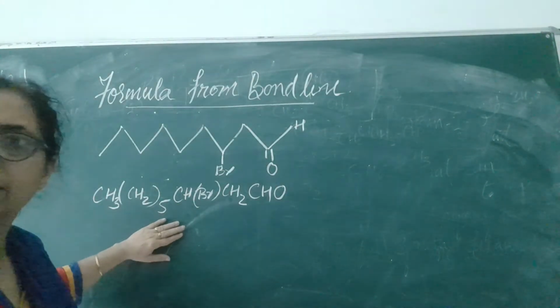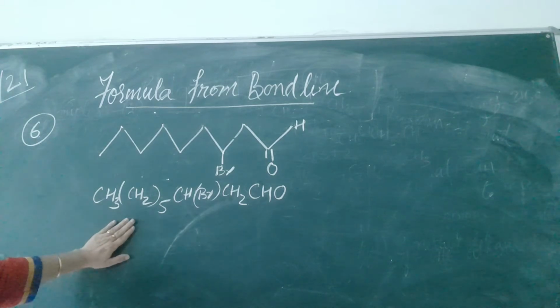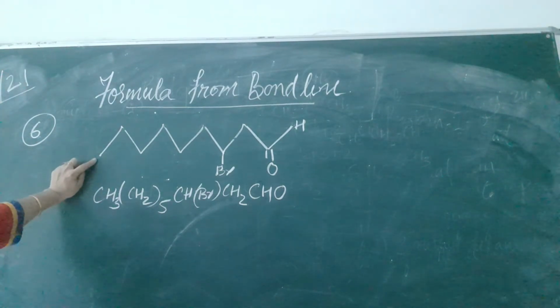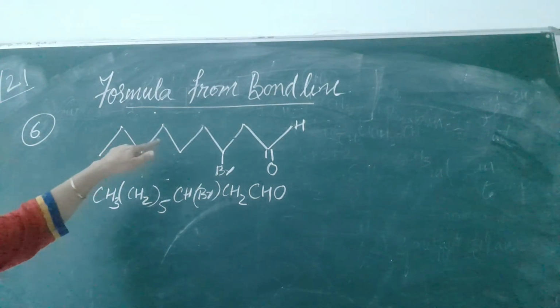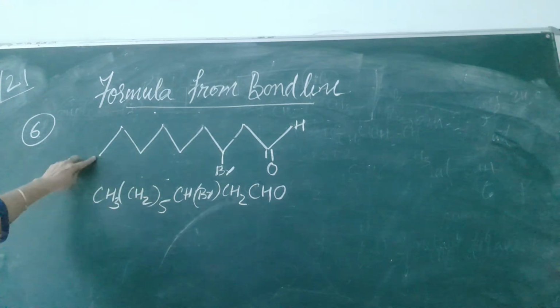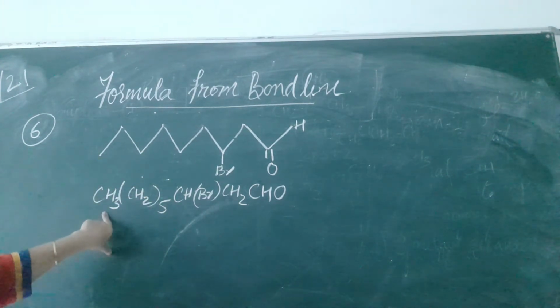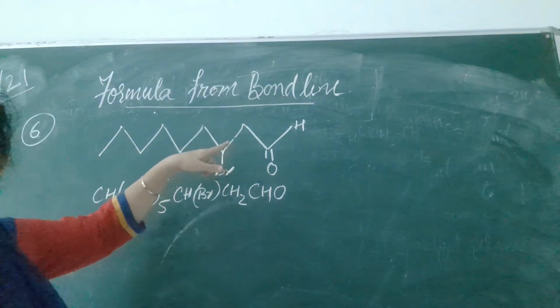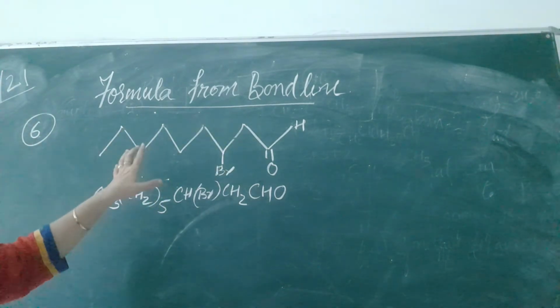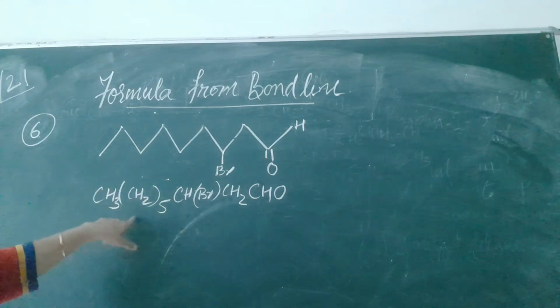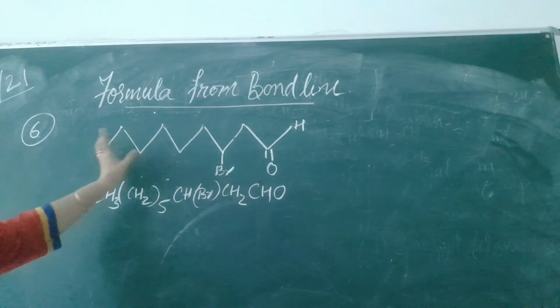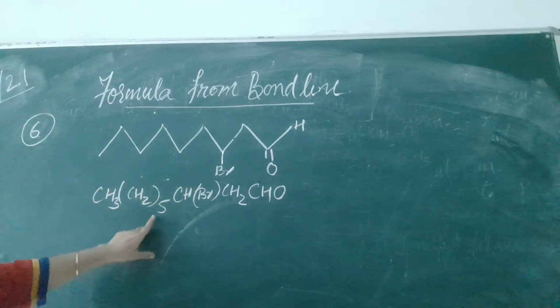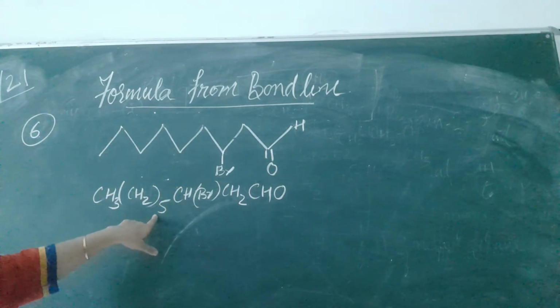Again I am repeating the same thing. You see how to write down the formula. From here you are seeing the chain going on. This chain is of carbon. So the terminal carbon, we will write CH3. We will not change it. And for the internal ones, if no functional group is attached, we will just count the number of carbons there. That will be the CH2 group. And we write down how many total are there after the bracket.